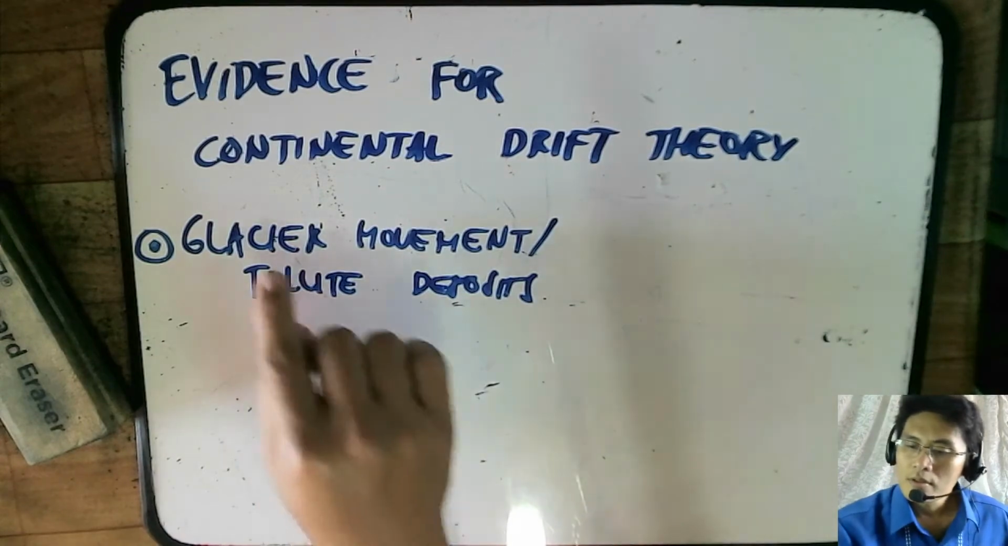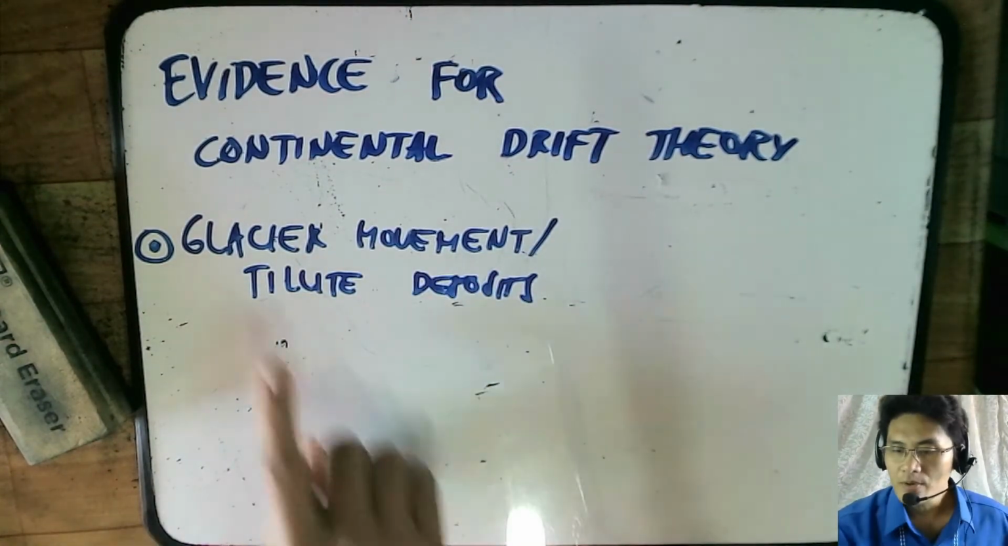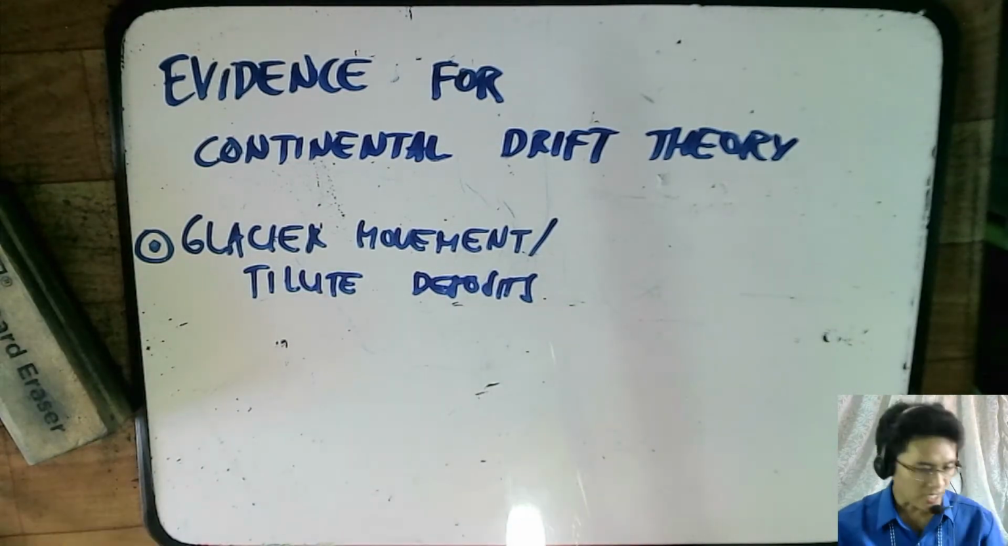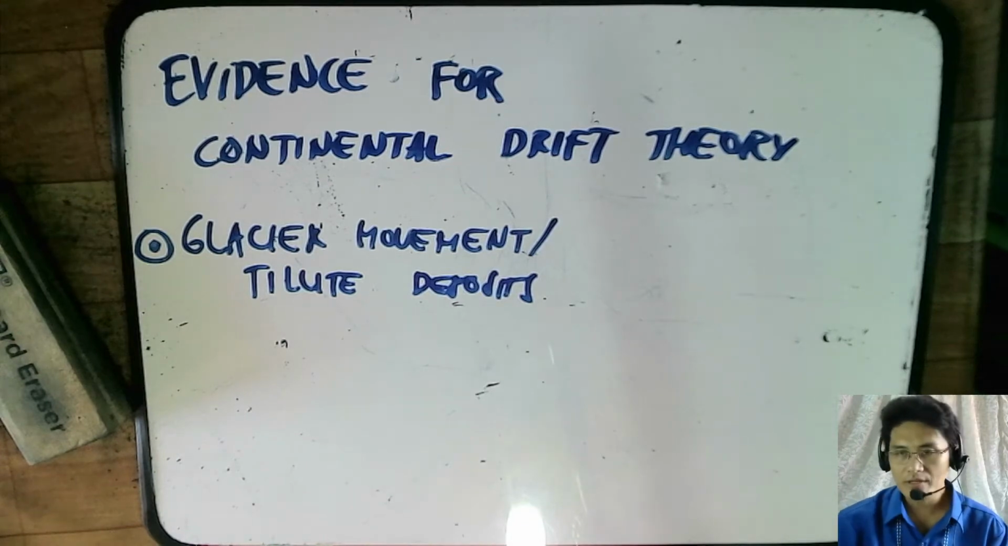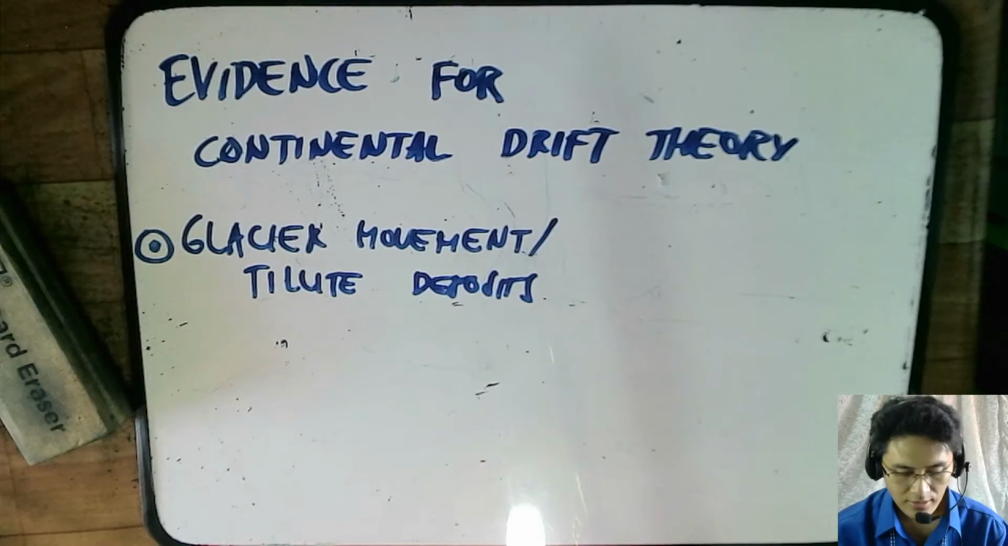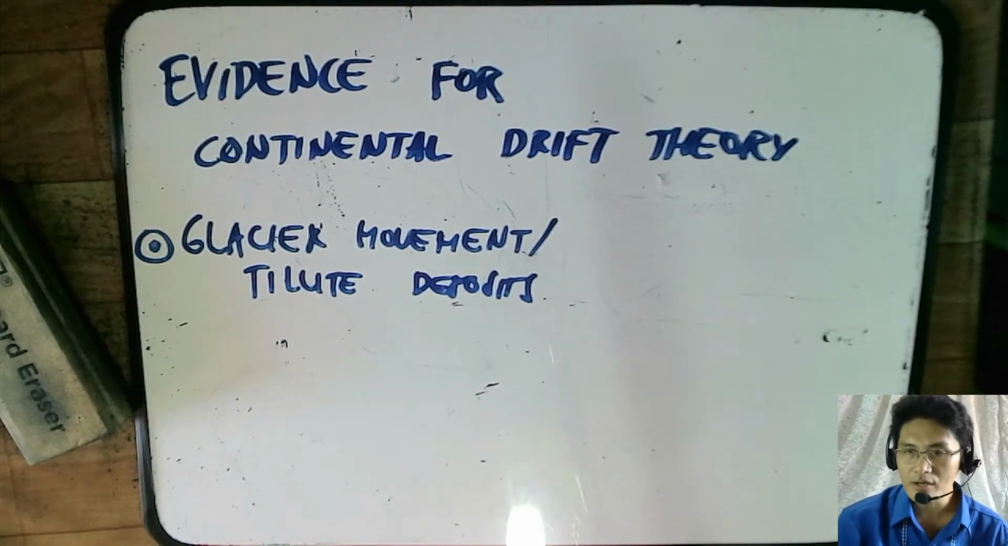Hi! In this video, we are looking at another evidence for believing that the continental drift theory is more or less true. So, this next evidence is glacier movement and tillite deposits. A glacier is a big chunk of ice that is on land. Unlike icebergs, which can be found floating on water, just like the Titanic. The Titanic hit an iceberg, but a glacier is a chunk of ice that is